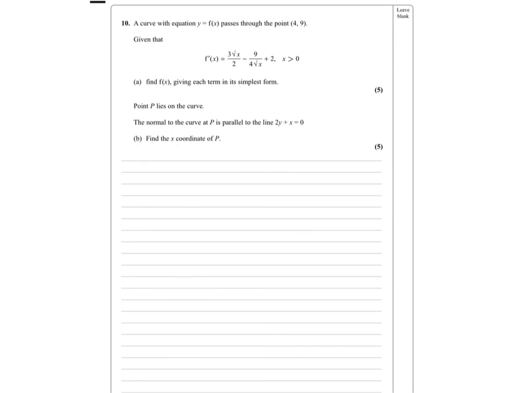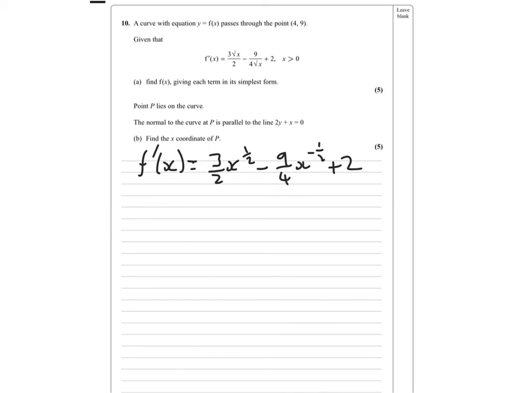Okay, right. Number 10, I think this is the final question if my memory serves me correctly. It says find f of x. Before I do anything, I'm going to rewrite f dashed of x as 3 over 2 x to the power of half minus 9 over 4 x to the power minus a half plus 2. Right, I'm then going to integrate,